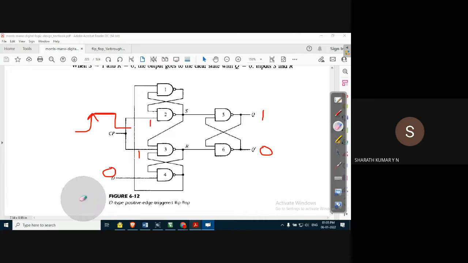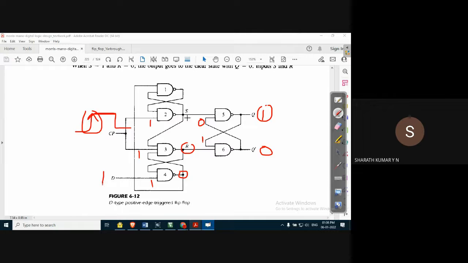Let us take D as 1, because we have to understand that though the input changes, the output is not changing. Because the transition is from 0 to 1, the output is not changing. I'll take D input as 1, for example. When this input is 1, the output should depend on the other input, which should come from the OR. The output of the fourth NAND gate is applied as input for the other gate. When Q dash is 0, this is 0, Q is 1, and when this is 1, the output depends on the OR.